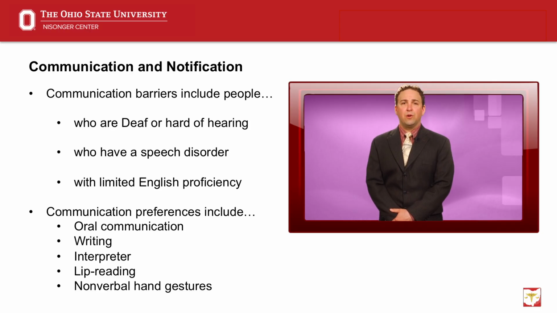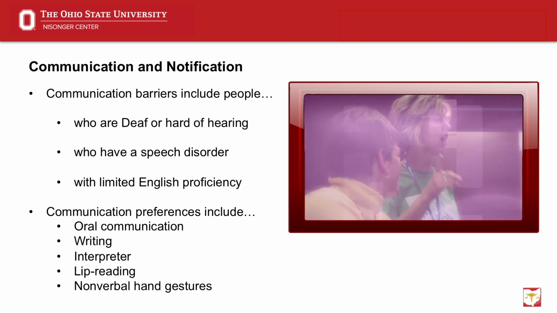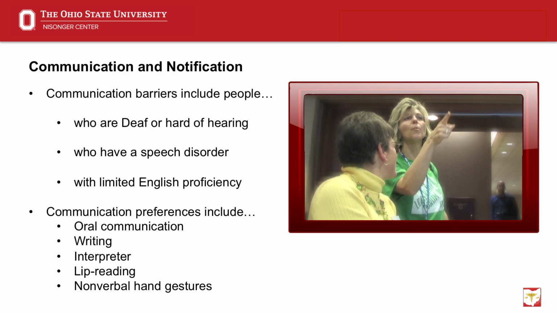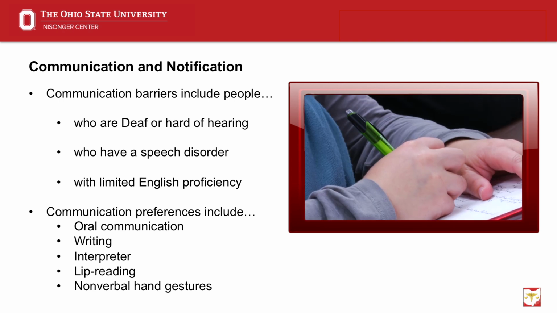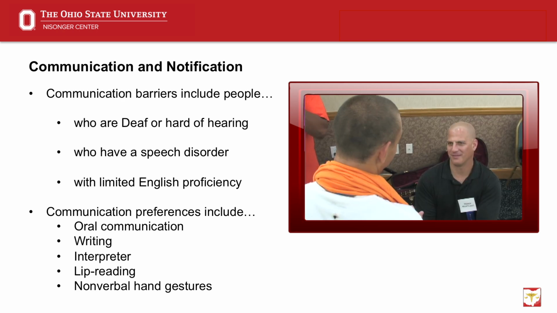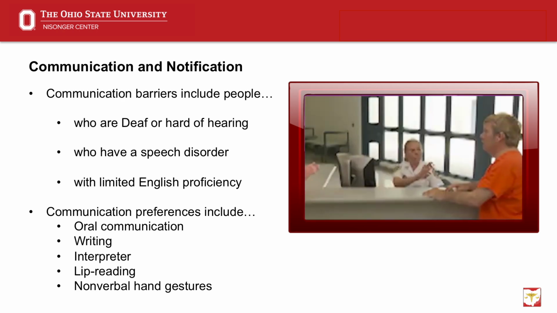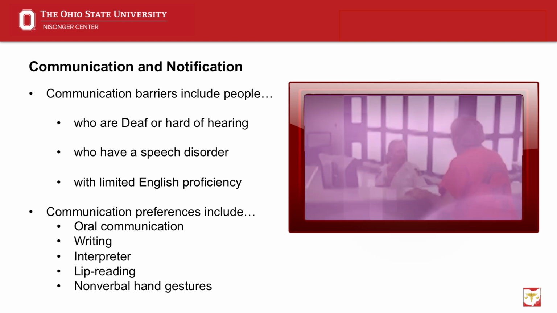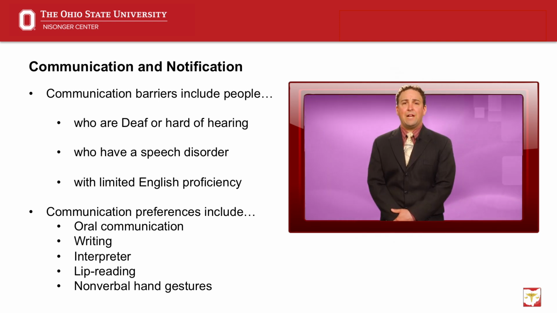People who are deaf or hard of hearing, have a speech disorder, or have limited English proficiency are considered to have communication barriers. People with communication barriers may wish to communicate orally, through writing, with the use of an interpreter, by reading lips, or by using nonverbal hand gestures. Individuals with the same type of communication barrier can have very different communication abilities and preferences. For example, while one deaf person may communicate orally and through reading lips, another deaf person may communicate primarily through